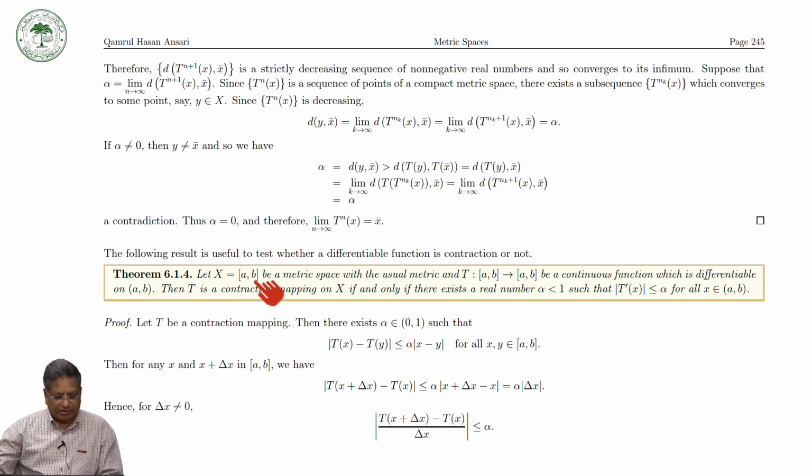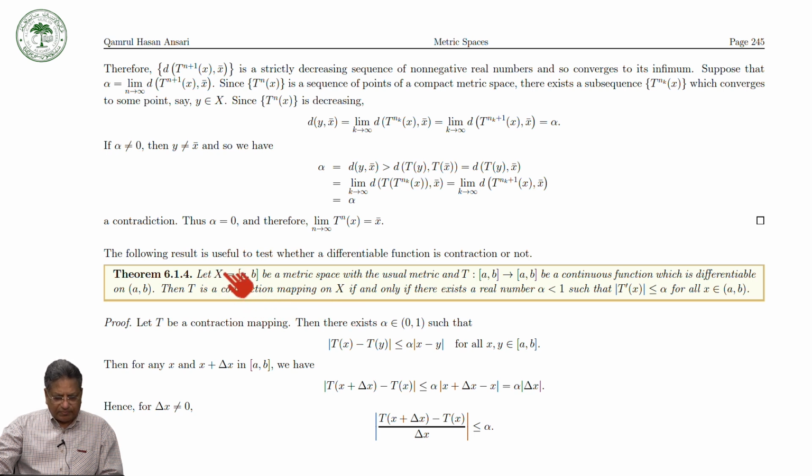So here this is a closed and bounded interval, a metric space with the usual metric, and T is a map from the closed interval [a, b] to itself, and T is a continuous function which is differentiable on the open interval (a, b), the interior. Then T is a contraction mapping on X